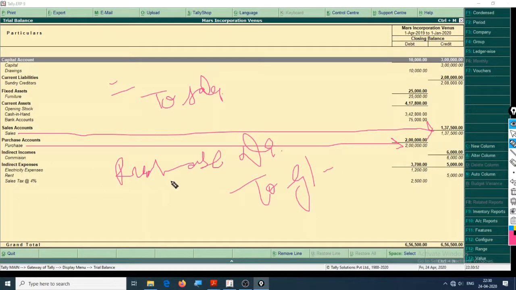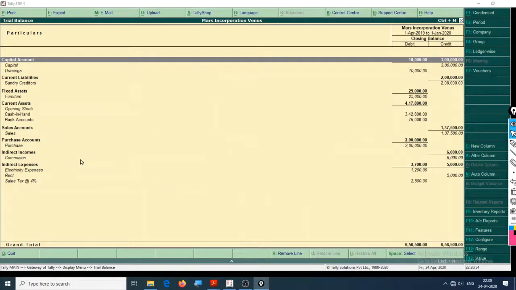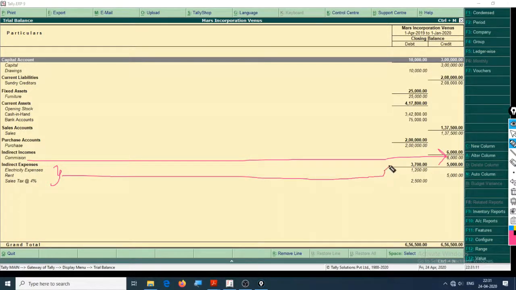And let's see why indirect income should always be credit, because of the rule of the nominal account: debit all the expenses and losses, and credit all the income and gains. Hence indirect income is credited.